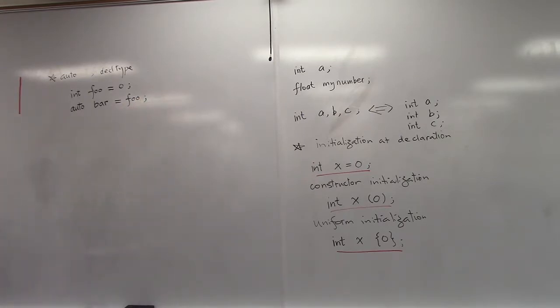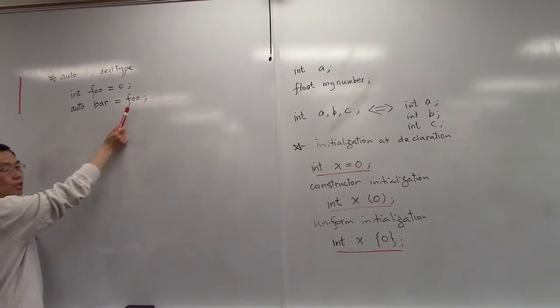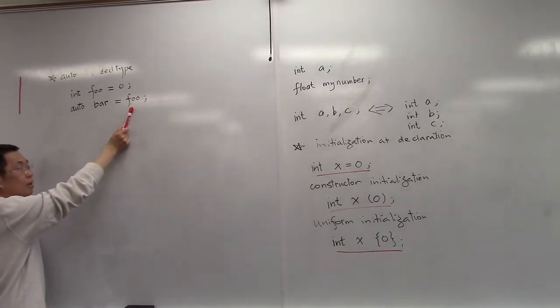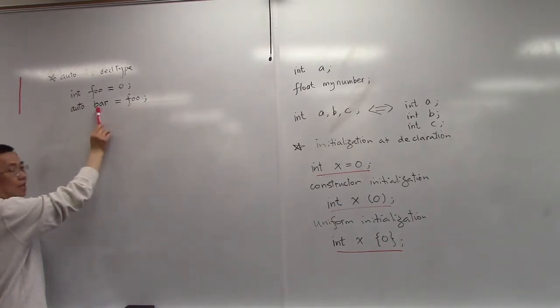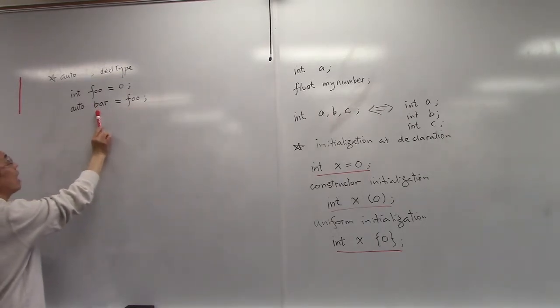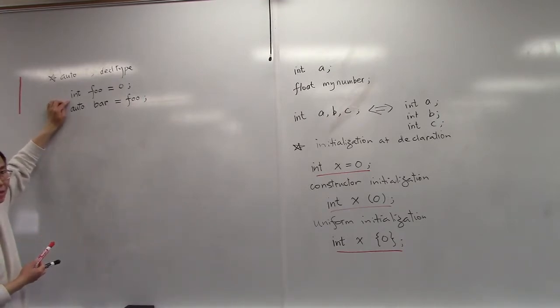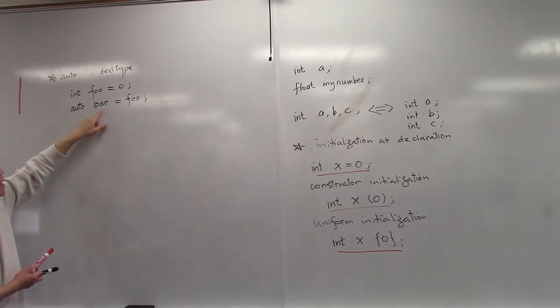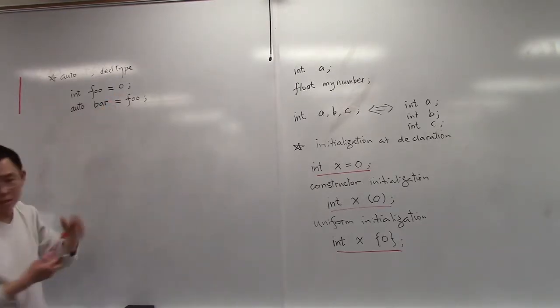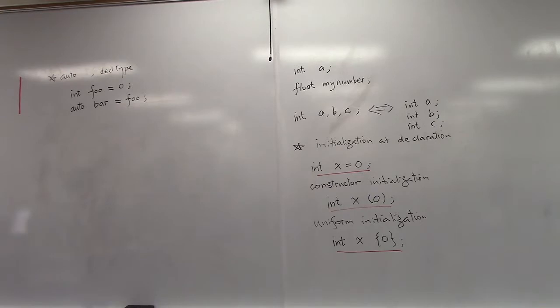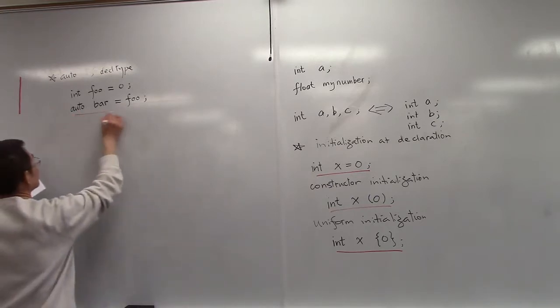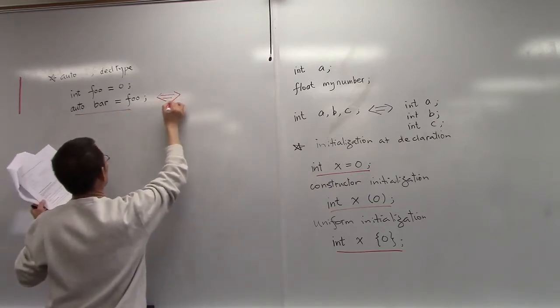What this declaration means is this. I'm going to use the data type of the variable foo to declare the variable bar. So bar and foo will both have the type of integer, int, and at the same time its value is initialized to that. Therefore, that statement is totally equivalent to